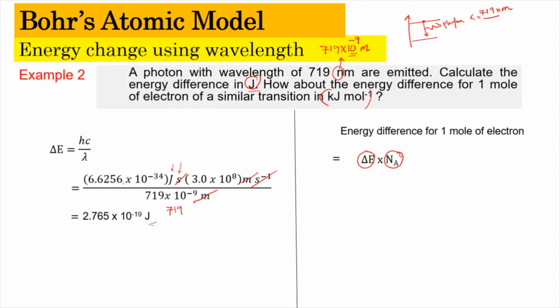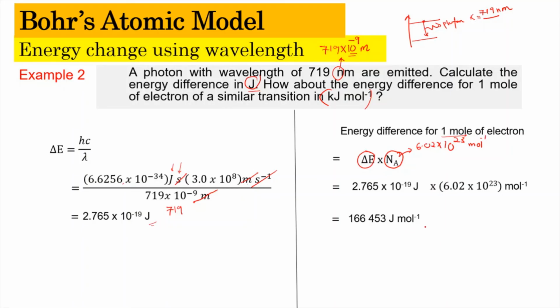So Na here, because we are referring to 1 mole, refers to our Avogadro's constant, which is 6.02 times 10 to the power of 23 mole negative 1. So our Ea here is going to be 2.675 gotten from here, and Na, which is 6.02 times 10 to the power of 23 per mole. So once you do the maths, you're going to get the answer of